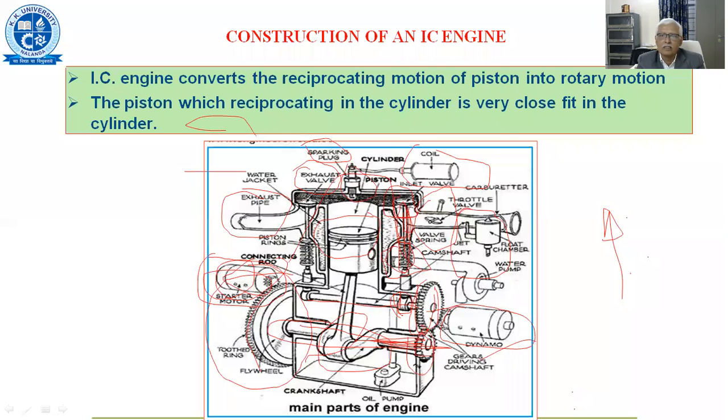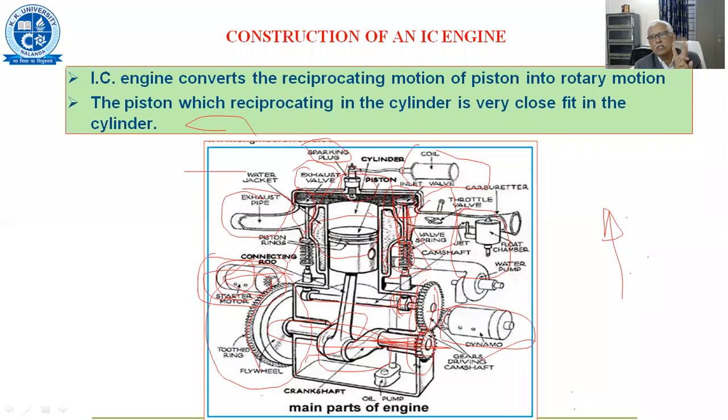And on the other side, you can see that is the exhaust side, the exhaust valve. Similar mechanism, but this exhaust valve is operated by the cam during which process? After combustion, after doing the work by the piston, it has to move up again. In the suction case, it is coming down. Now it is moving up, expelling all the burnt gases from the engine cylinder to the atmosphere through the exhaust system.